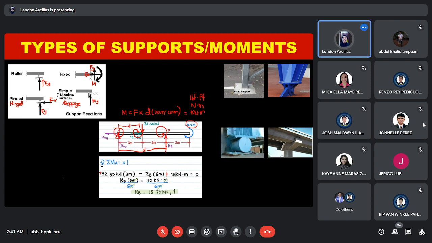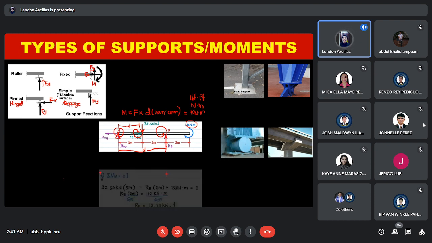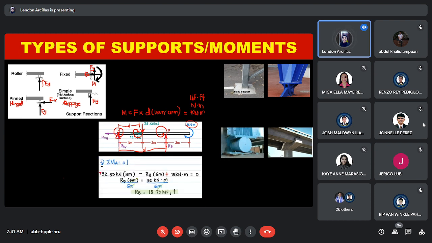Dalawa yung kanyang support. So that is F of y and F of x. So tinawag siyang RAY and RAH, or the reaction at the vertical point A and the reaction at the horizontal at point A. So kung isasalin natin siya sa moment, since nasa point A siya, ang RAY magkakaroon ng positive RAY times 0. So kaya hindi na siya sinali,